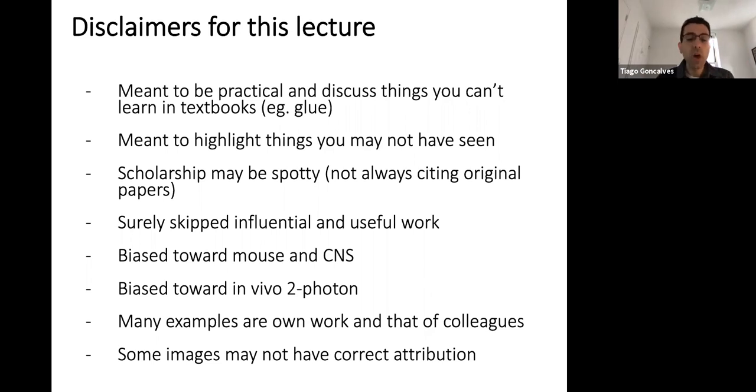There's a lot of very good work that unfortunately I've completely overlooked, so I just removed it because I wouldn't do it much justice. Many of the examples are my own work and that of colleagues, just because those are examples that I can think of immediately. They're not necessarily the best examples in the field. Some images that I may show you may not have the correct attribution. Okay, with that said,